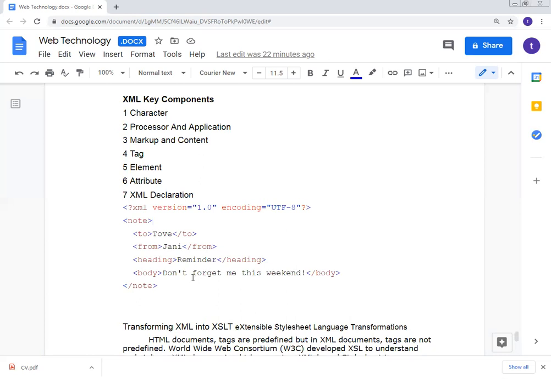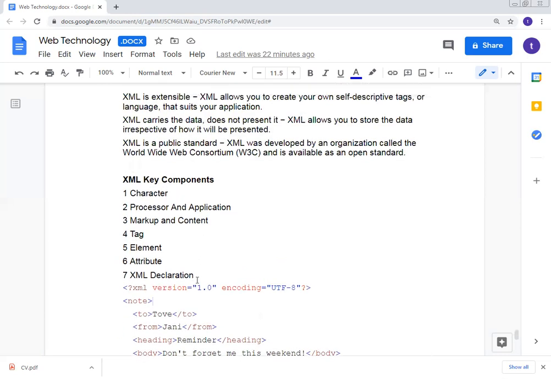Next, we can define XML, and we know HTML also. So what is the difference between these two things, HTML and XML? HTML is designed to display data and concentrates on the look of data, correct? XML was designed to store and transport data. HTML provides the designing part, and XML provides storing and transporting the data.